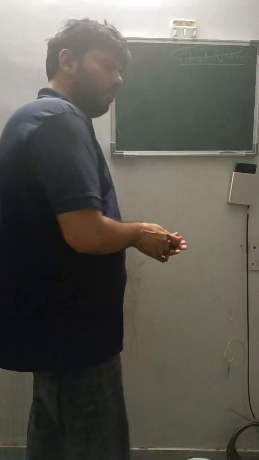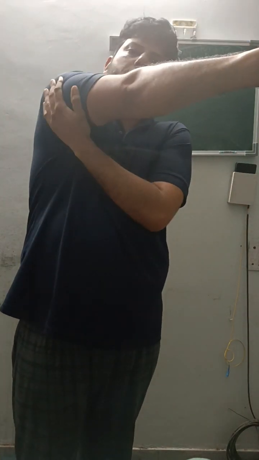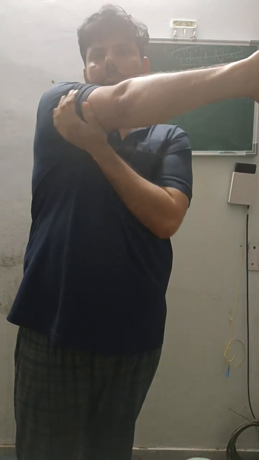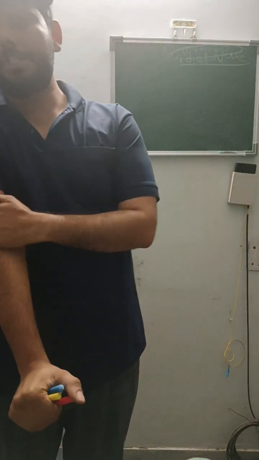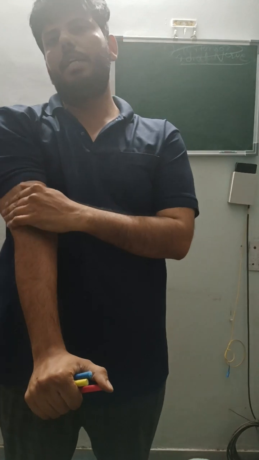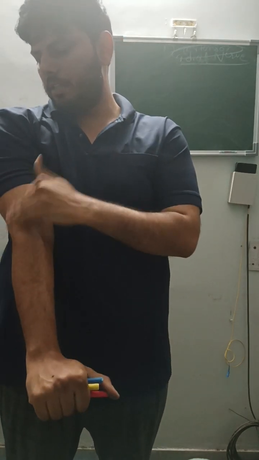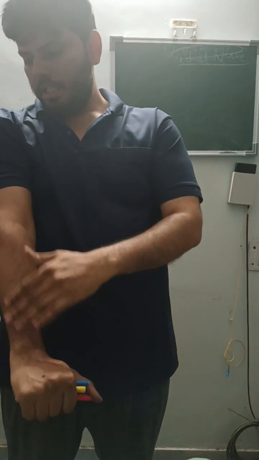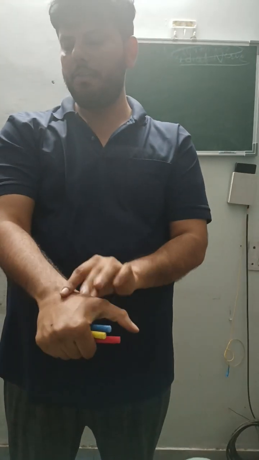Cutaneous branches: one is your posterior cutaneous nerve of arm, which supplies the skin of the posterior surface of your arm. Then the inferior lateral cutaneous nerve of arm supplies the lateral side of your arm. Then the posterior cutaneous nerve of forearm supplies the skin at the back of your forearm, as well as your superficial radial nerve also supplies your